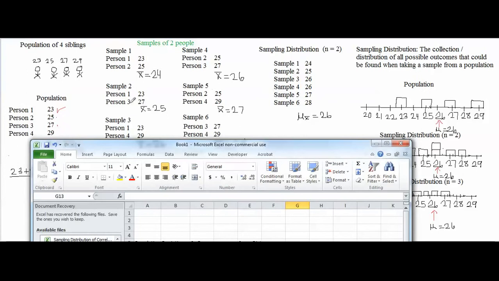n-1 is used when you have data from a sample, meaning, for example, data from a sample of 2 people. So if we wanted to calculate the standard deviation of these 2 numbers in this sample, we would use n-1. But if it's the standard deviation of a sampling distribution, like this right here, it's actually not n-1, it's just